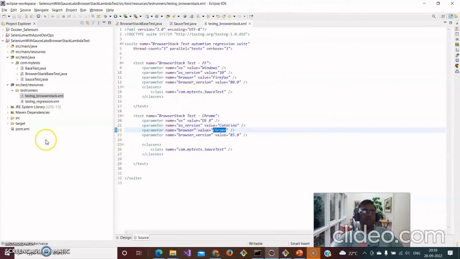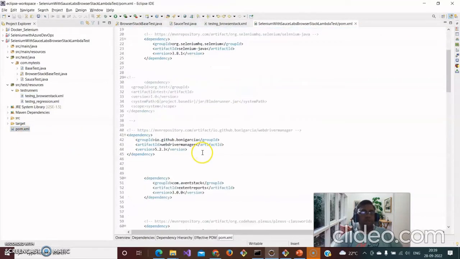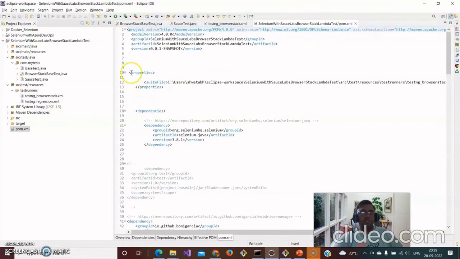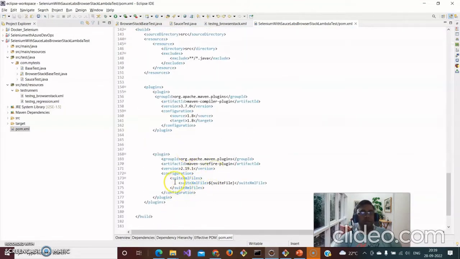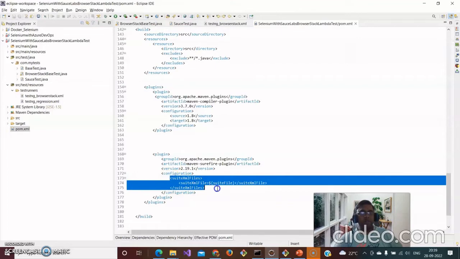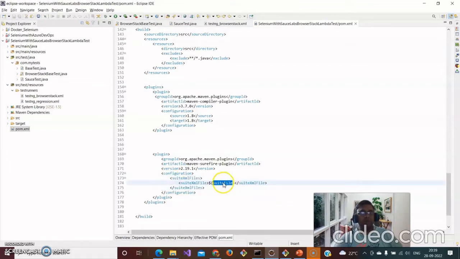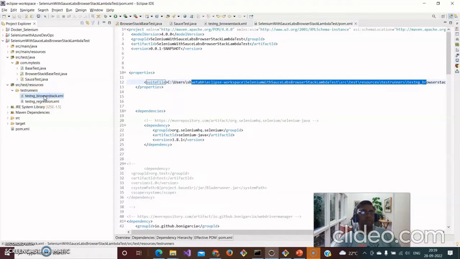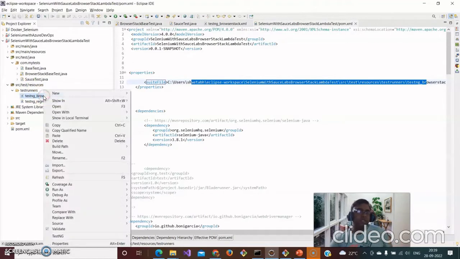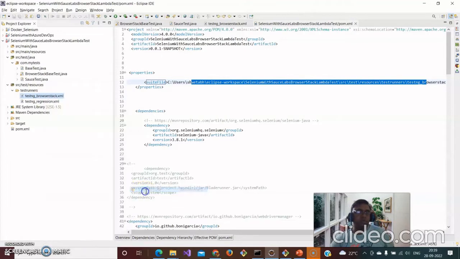Once I run my test case through this testng XML file, I also have the pom.xml. If you want to run through pom, you have to give your properties in this. So I have configured my Maven Surefire plugin and given my configuration of the suite XML file. I have given the path of my testng XML file, correct? So once I run this through the TestNG suite,